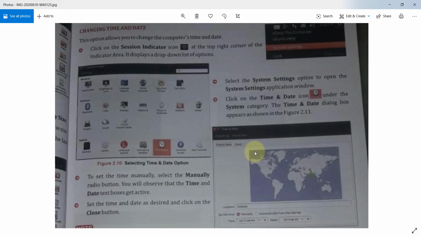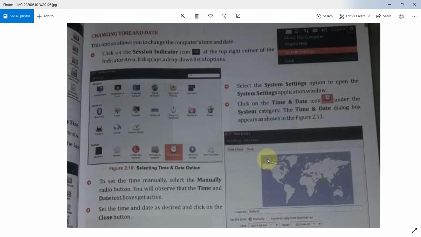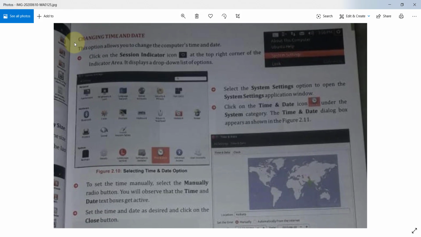So simple steps you will note down. The question is how you can change time and date. You will write the question, how you can change time and date. The first step: click on the session indicator. Second step: select the system setting option.